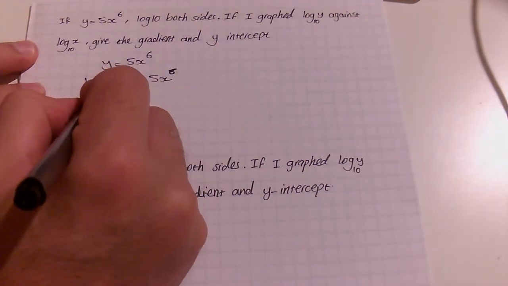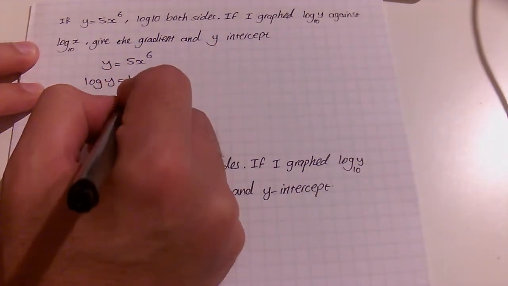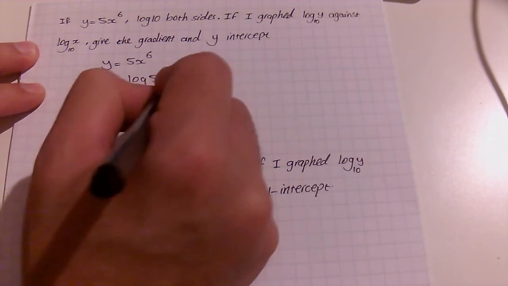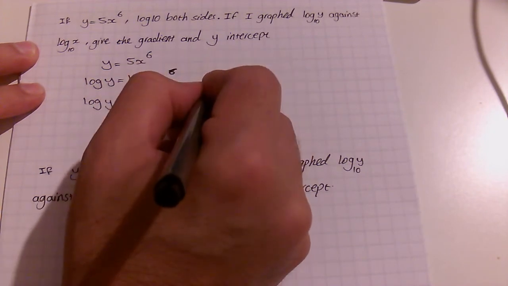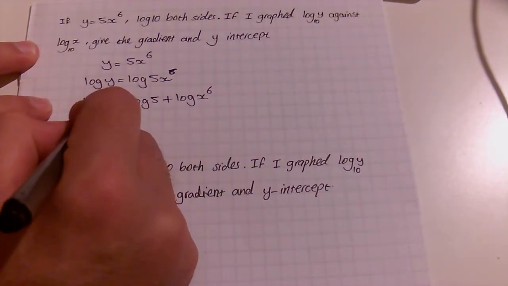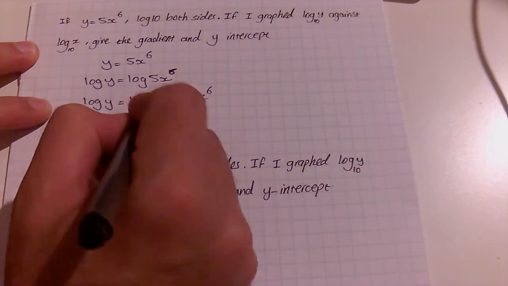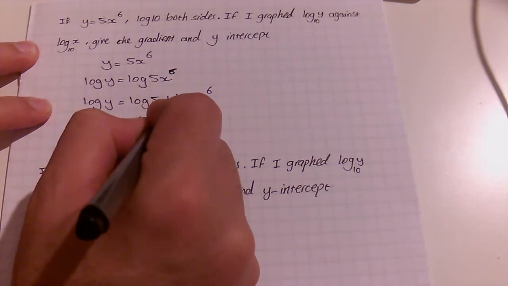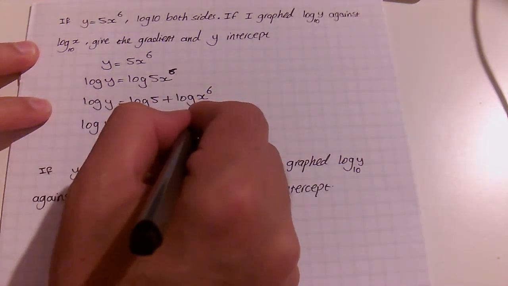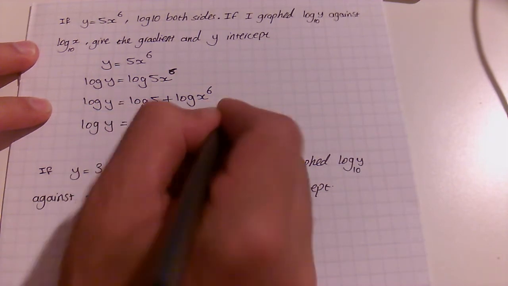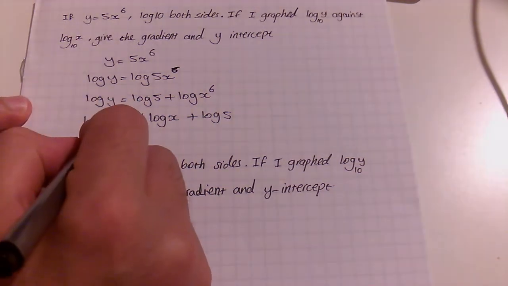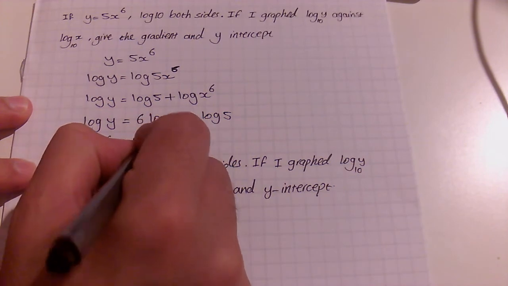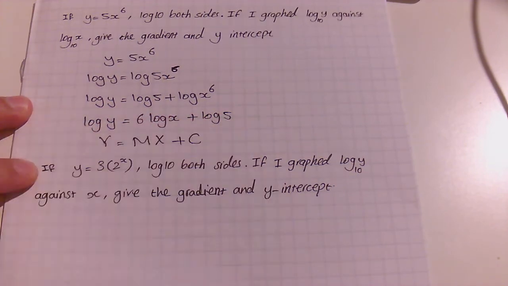So let's move on to the next question. If y equals 5x to the power of 6, take log base 10 of both sides. If I graph log y to the base of 10 against log x to the base of 10, give the gradient and y-intercept. Okay, so y equals